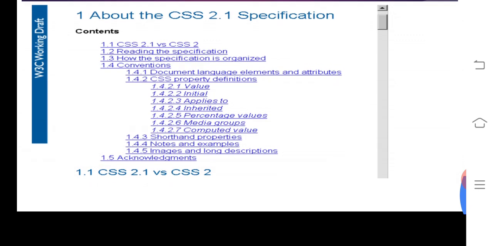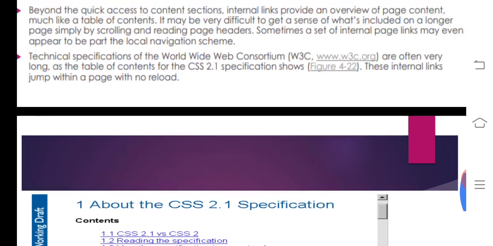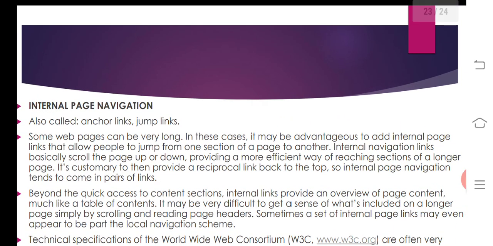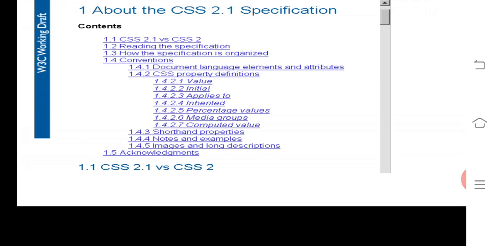Here CSS 2.1 has many contents and numbering also, content numbers. You can click on a particular title and get the information very simply. It is one example for internal page navigation.